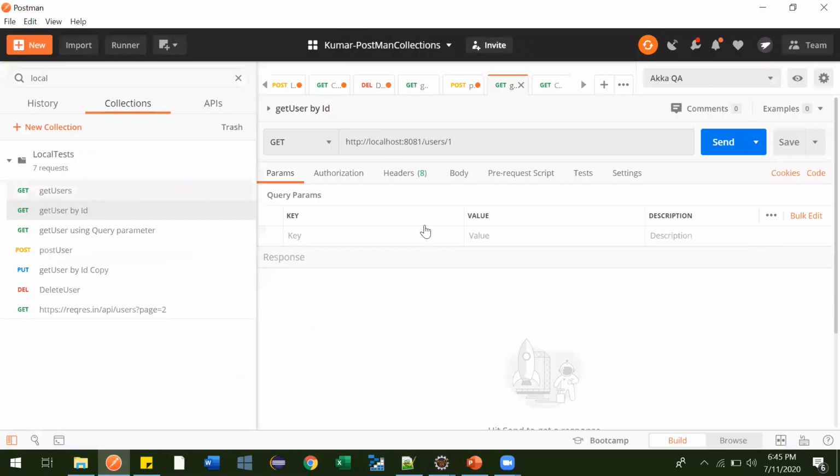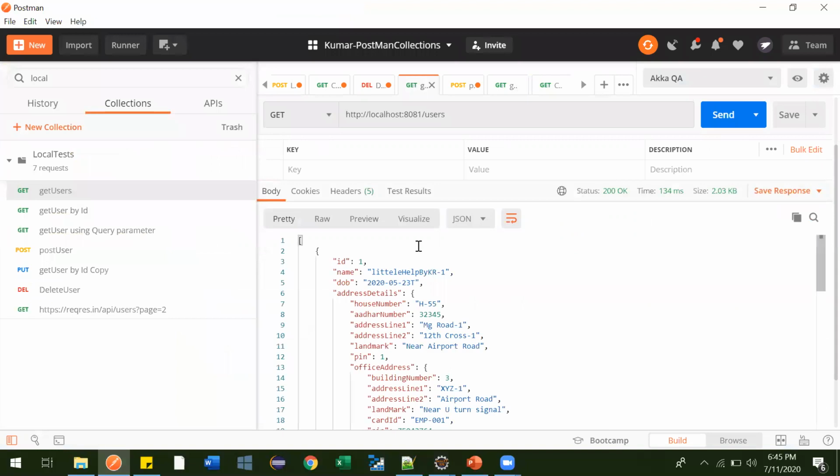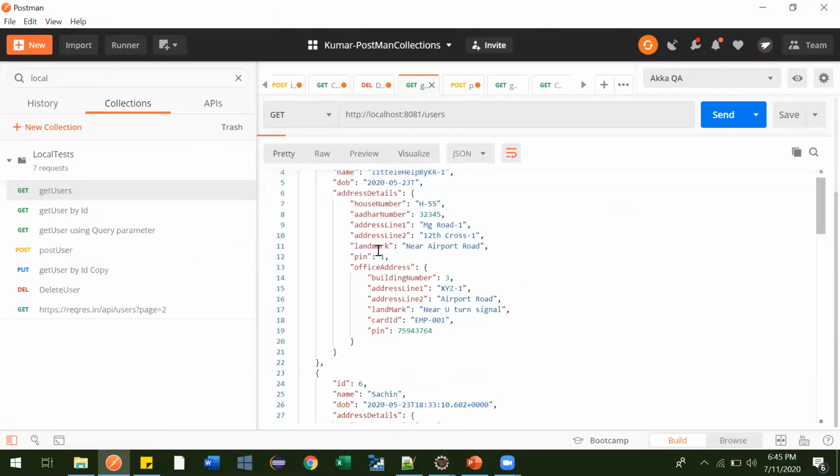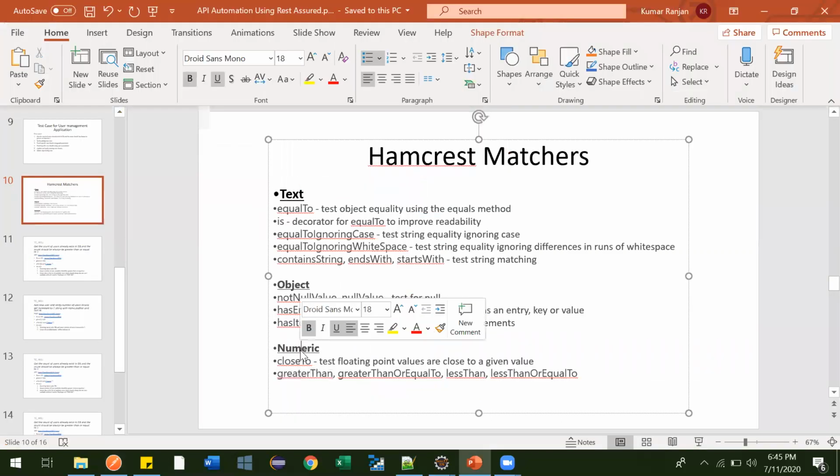Suppose in our response some keys have integer values. Mainly it comes when you have multiple calculations and you need to assert that the outcome should be some value. Wherever the value of the key is an integer or float, we can use these numeric assertions.